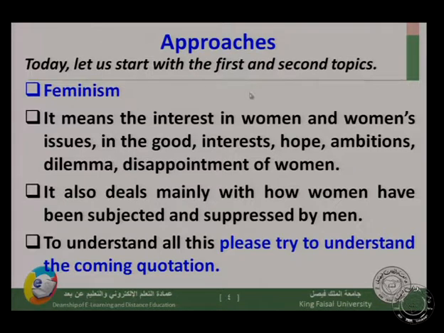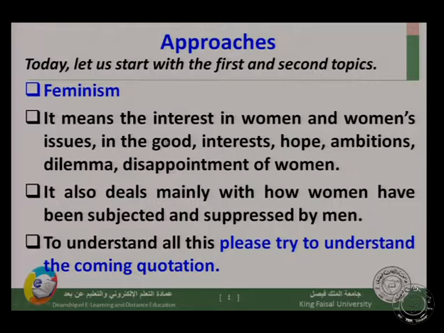the interest in women and women's issues, in the good, in the interests, in the hope, in the ambitions, in the dilemma, in the disappointment of women, in everything relating to women, in all problems, in all aspects, in all topics, in all ideas, even the history, even the place, even the position, the marriage, the mentality, the heart, the feelings. All such matters are subject for feminism, are the necessary background information that is to be grouped under